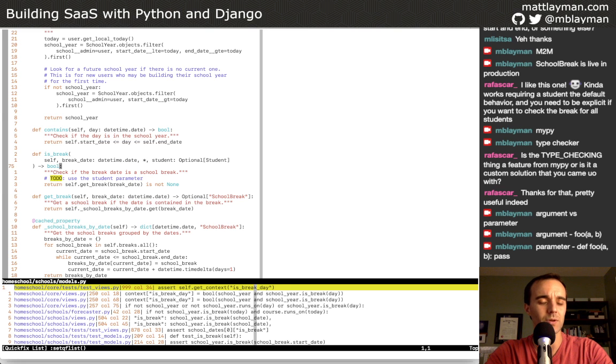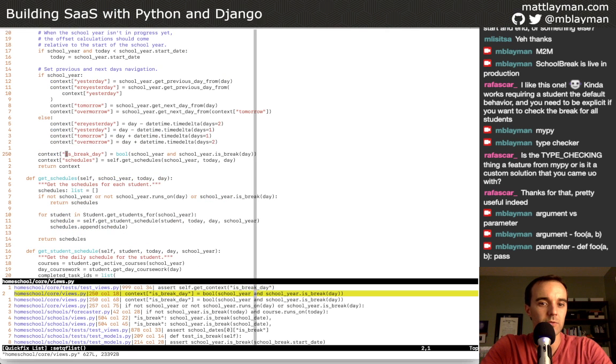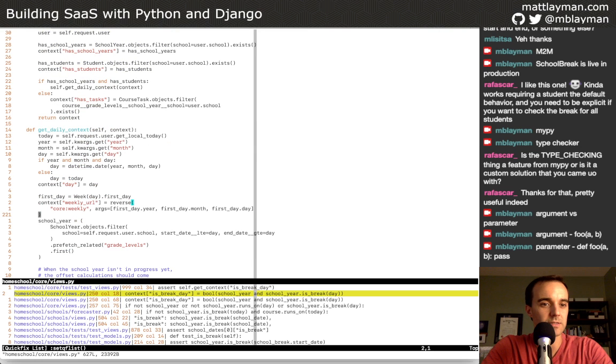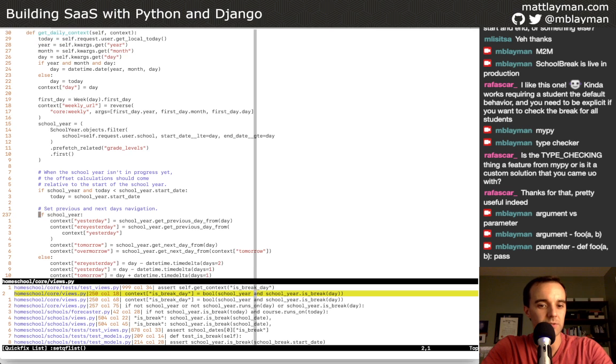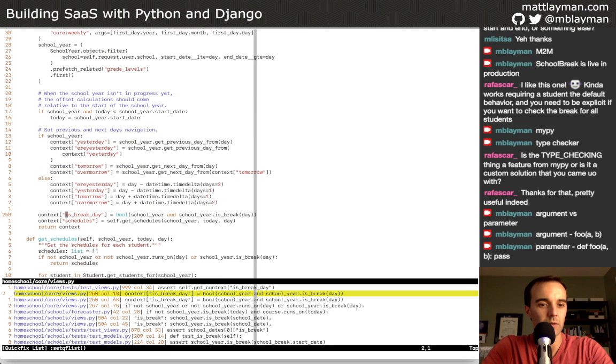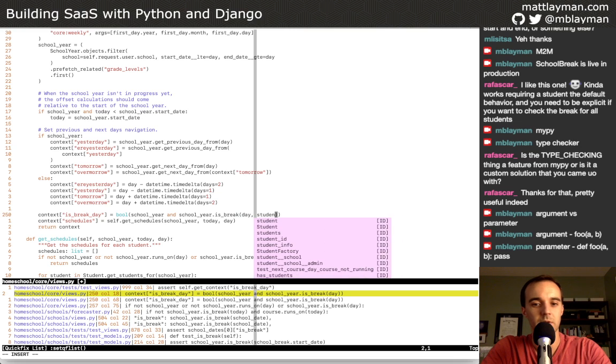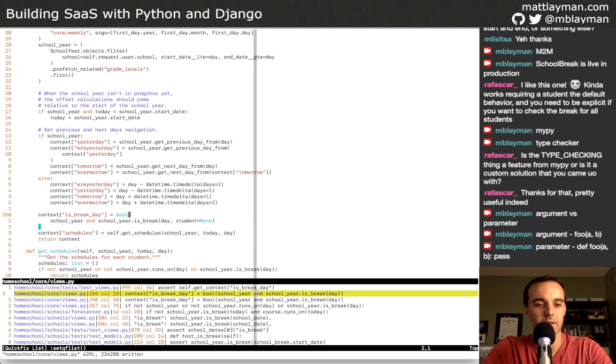Python has a different name for it. And we need to correct those methods. So let's go into the core view. I think this is the one where we don't have the student available to us. So at the isBreak part, we now need to say student equals None. And that should fix that.